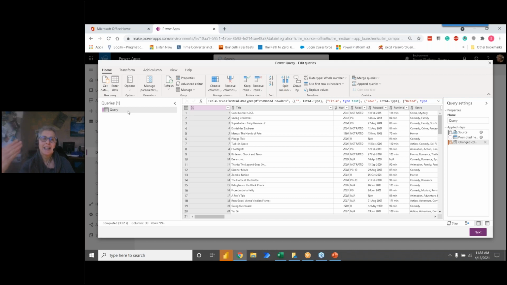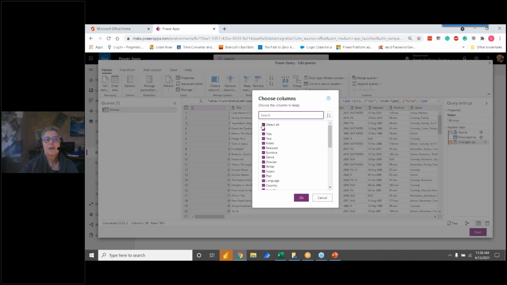So the first thing I like to do is give that query a name. So I can rename it here by double clicking, and I can just call it the movies query. And the next step that I like to do is choose the columns because I want to get rid of as much stuff as I can in the very beginning.